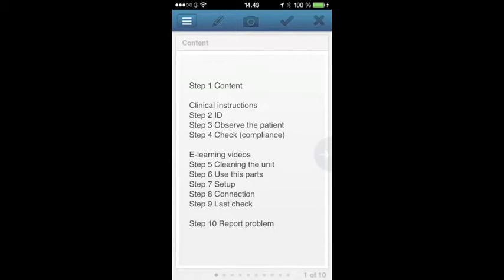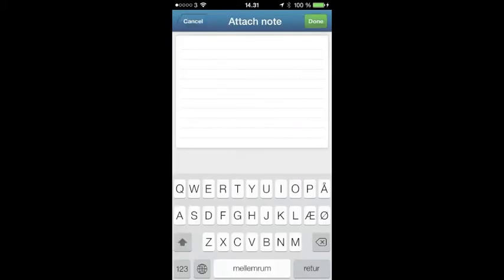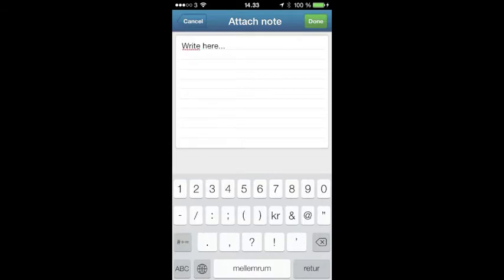At the very top you can see a menu bar with the ability to take notes on a workflow step, to take photos to document the working situation, approving the workflow or aborting it. When you press the pencil icon you can attach a note, and that note is being logged to the server for further use by analysts or yourself when you go to the server system.